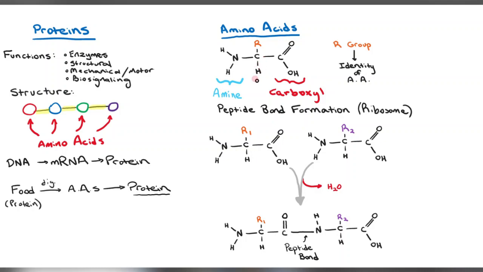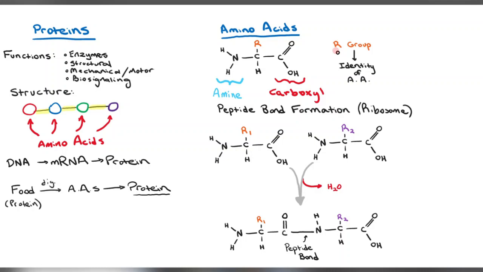That's simple. Then up top here, we have the letter R, right? So what does that mean? The R is representative of what's called the R group, okay? And this could be many different combinations of atoms, right? Many different types of groups. And whatever's up here in place of R determines the identity of the amino acid. So you can think of this R as just a wild card. It's just a variable that you can put other things into to make other amino acids, okay?